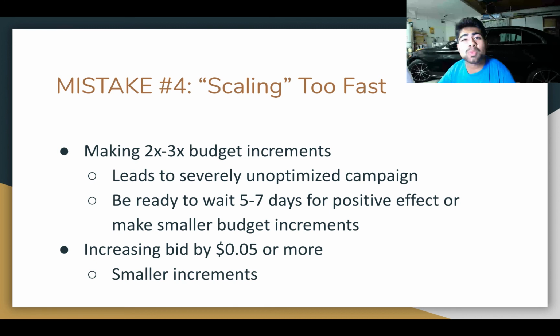And what we're doing is we're kind of letting Google find our audience nice and slowly and getting it optimized without putting too much of a burden or pressure on our campaign. Because when you increase the bid or the budget tremendously, there's a bigger burden on your campaign to spend that money. And like any advertising platform, they want to reach the end of the limit as fast as they can, meaning whatever your new budget is, they want to spend all of it because that's how they earn money. So to keep more money inside your pocket, make smaller increments when it comes to bidding as well as when it comes to the budget.